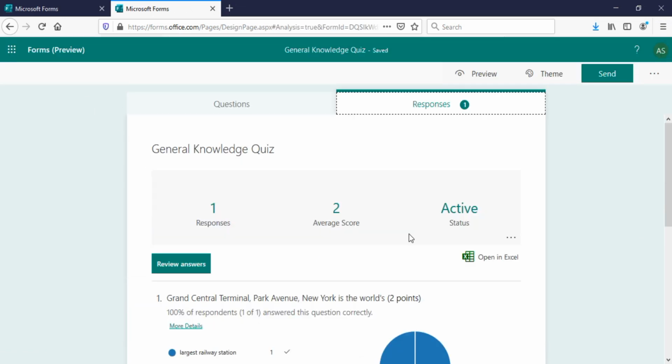Here you also record the responses in the Excel sheet, and you can open it and find the responses.